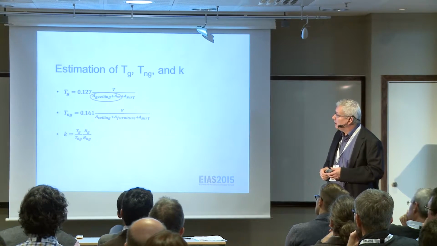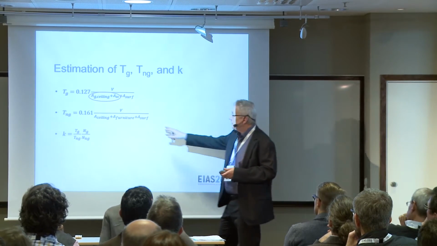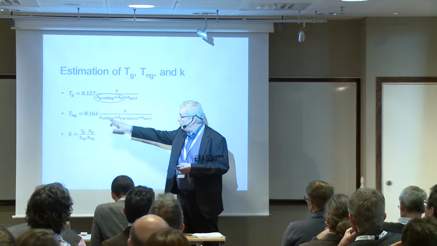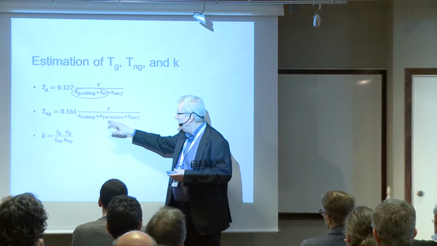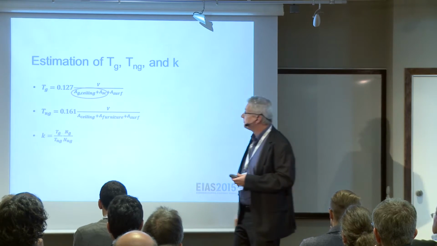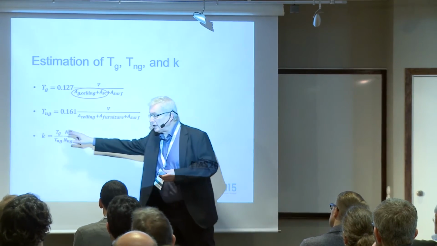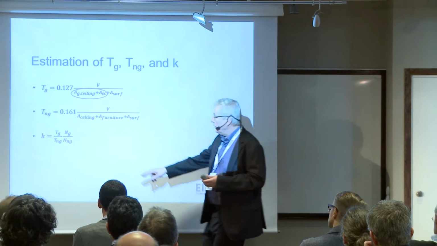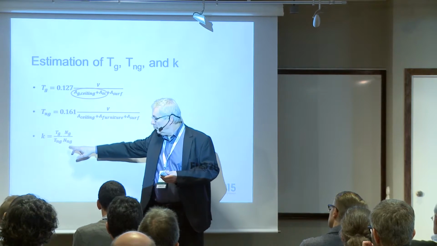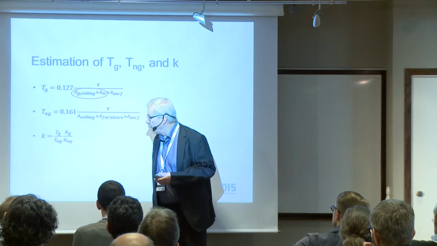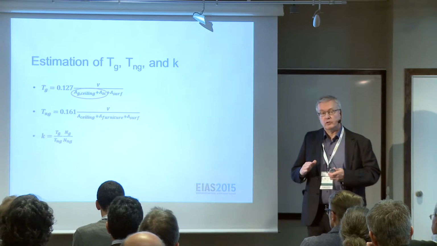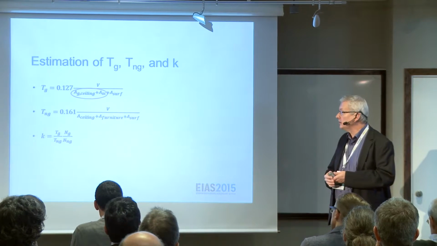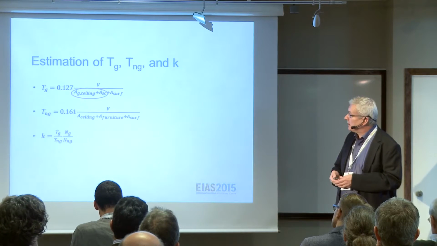When it comes to the non-grazing part, it's more or less like Sabine's formula. So here you have the normal absorption coefficient for the ceiling, for the furniture, and for other surfaces. And then the factor that gives the energy, so to say, between the grazing and non-grazing field, that is the reverberation time, and this is the number of modes in the grazing, and this is the number of modes in the non-grazing. So there's also one part where we have to decide how to divide the sound field into a grazing and non-grazing part. So there are some considerations, and I will just mention,